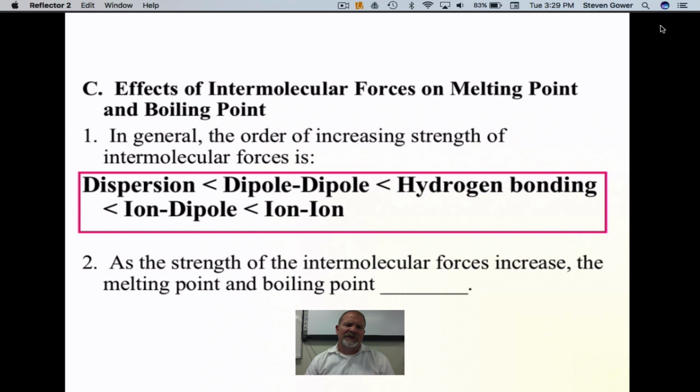So to sum it up, dispersion is the weakest, ion-ion is the strongest. And then you kind of know the list between. So ion-ion is the strongest, ion-dipole, then hydrogen bond, then dipole-dipole, then dispersion is our weakest. Remember, when something boils or something melts, intermolecular forces must break. So the melting point and boiling point of a substance is dependent upon the strength of its intermolecular